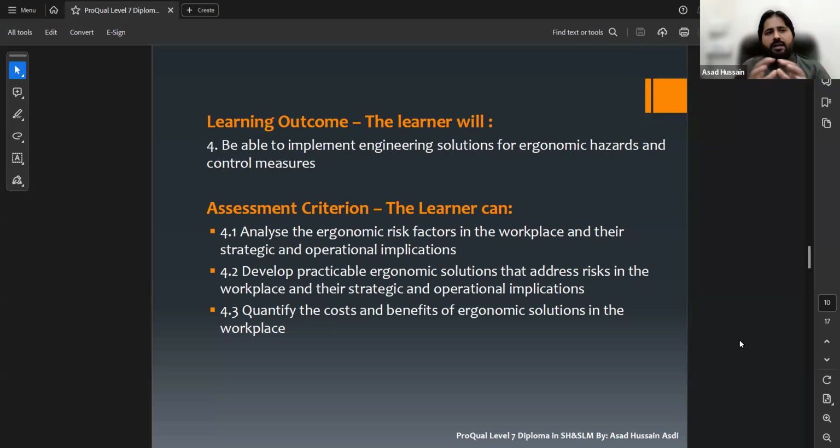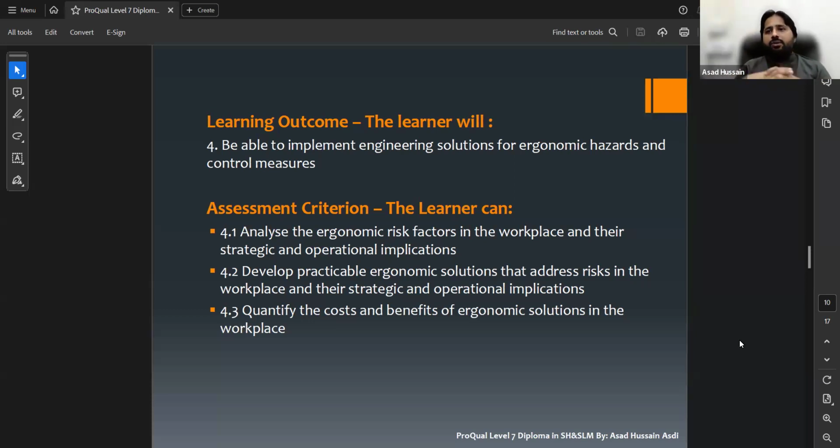So you have to quantify that, and you have to share and communicate that cost and benefits to your management, just to convince them, just to make sure that proper ergonomic solutions are there in the workplace. So any type of cost analysis, any type of benefits, communicating cost or benefits communicated to your top management